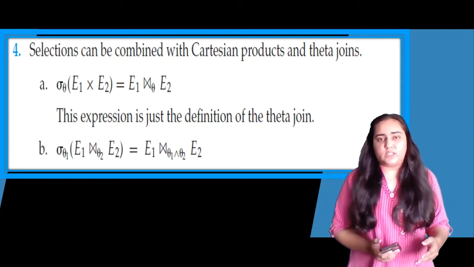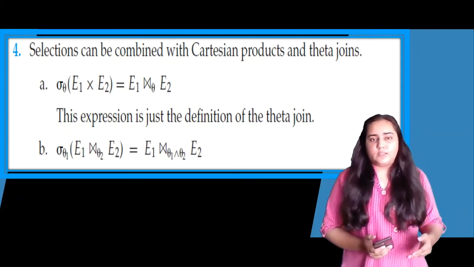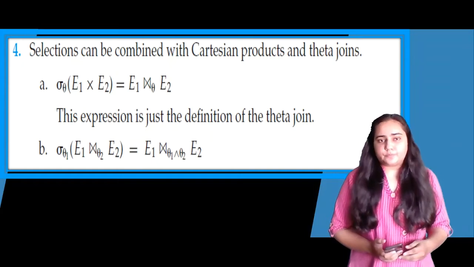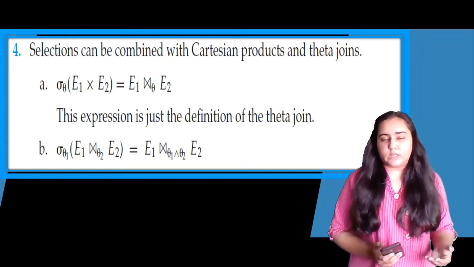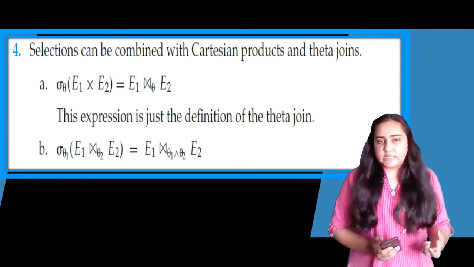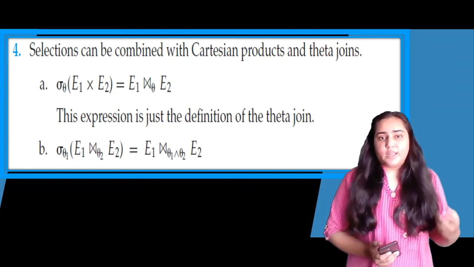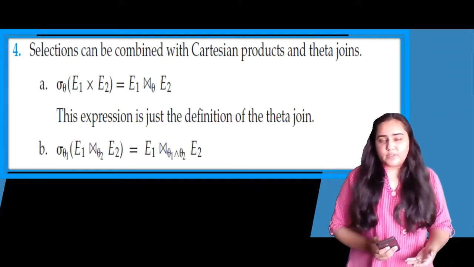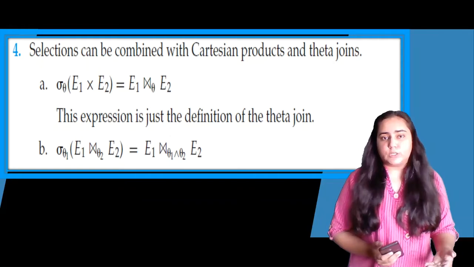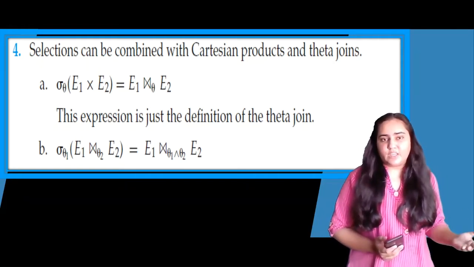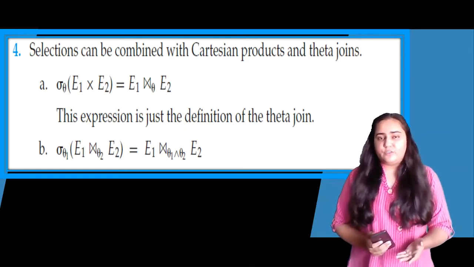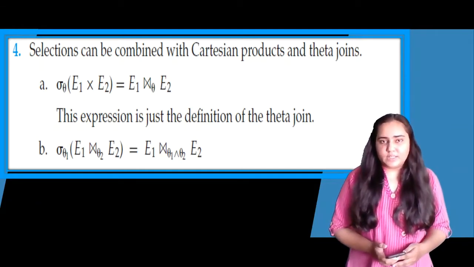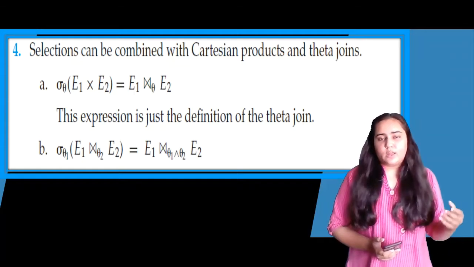And that is what a theta join is. Now consider what you have in part B. In part B, once again, you have a select operation, and this time too, you have a theta operation, but the theta condition is only theta 1. Inside, you already have a theta join with a theta condition theta 2, and you have E1 and E2, two tables. Now this can be transformed into what you can see on your right hand side, which says E1,